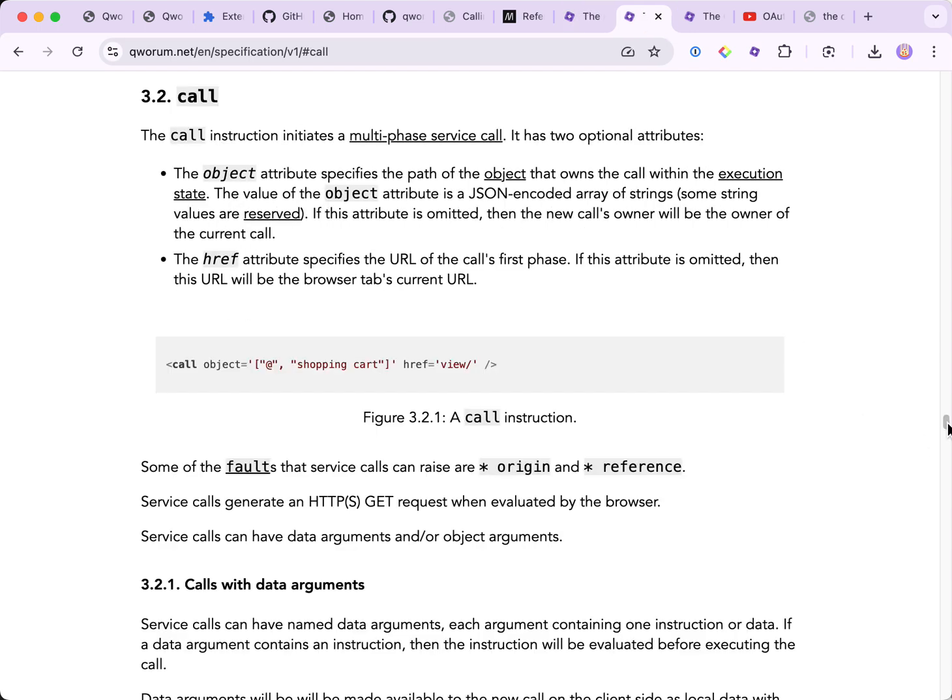Also noteworthy is the fact that API calls do not generate a POST request or anything like that. In the Quorum world, everything is a GET request.